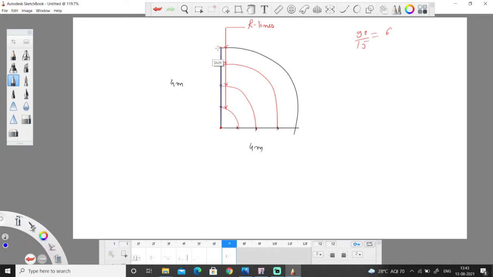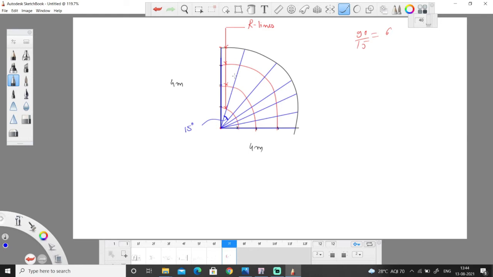So first, the blue line is this, then at 15 degrees, sorry, suppose 1 2 3 4 5 6. Okay, these are equal, and each blue line is separated by 15 degrees. So the angle between these is 15 degrees, and all these blue lines are termed as T lines.